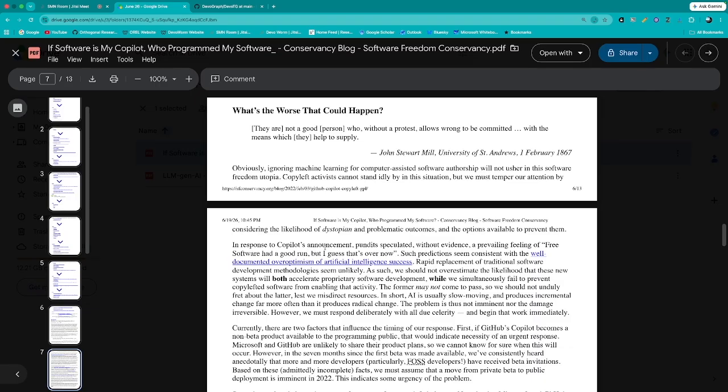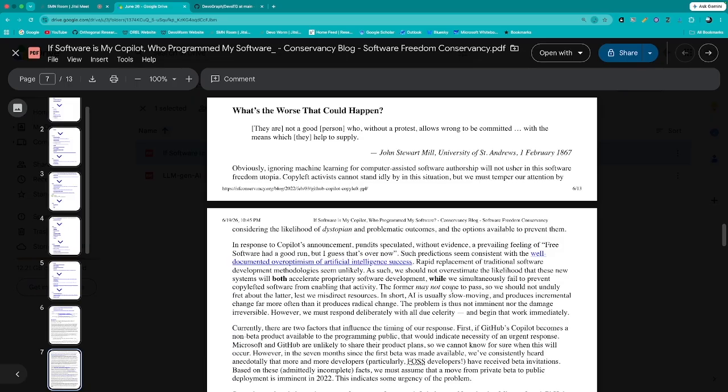In response to Copilot's announcement, pundits speculated without evidence. A prevailing feeling was that free software had a good run, but I guess that's over now. Such predictions seem consistent with the well-documented over-optimism of artificial intelligence's success. The rapid replacement of traditional software development methodologies seems unlikely, however. As such, we should not overestimate the likelihood that these new systems will both accelerate proprietary software development, while we simultaneously fail to prevent copylefted software from enabling that activity.